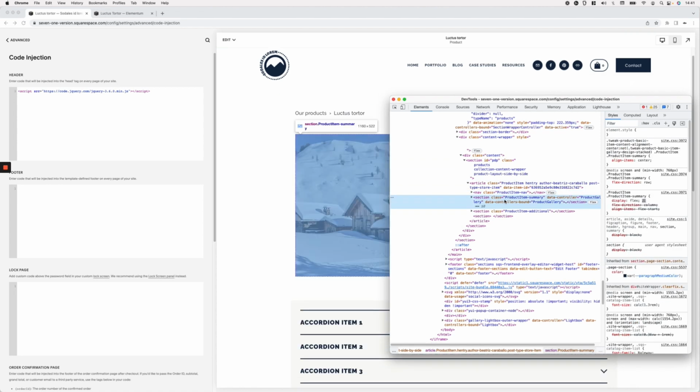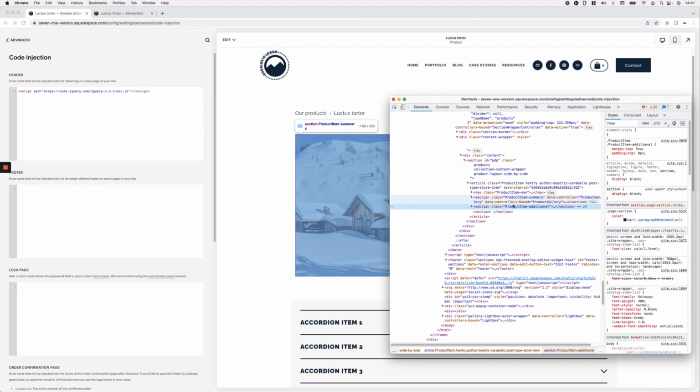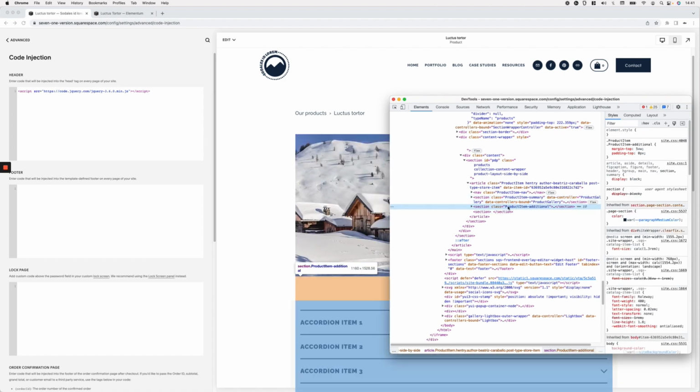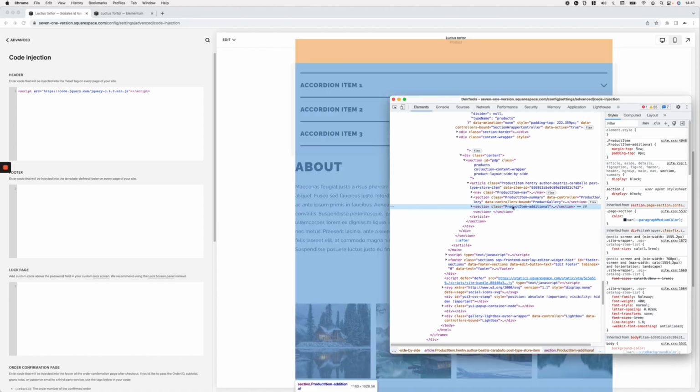And then we have a section that's called product item summary. And we have another section called product item additional. So you can see that if I hover over this particular section element, only the additional information part of the page gets highlighted. So this seems to be very specific to product items for the additional section. And it's a class that we can use inside our script to narrow things down for our